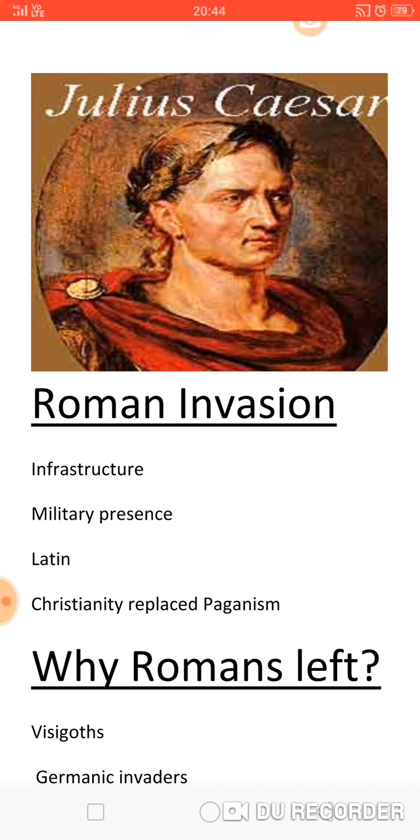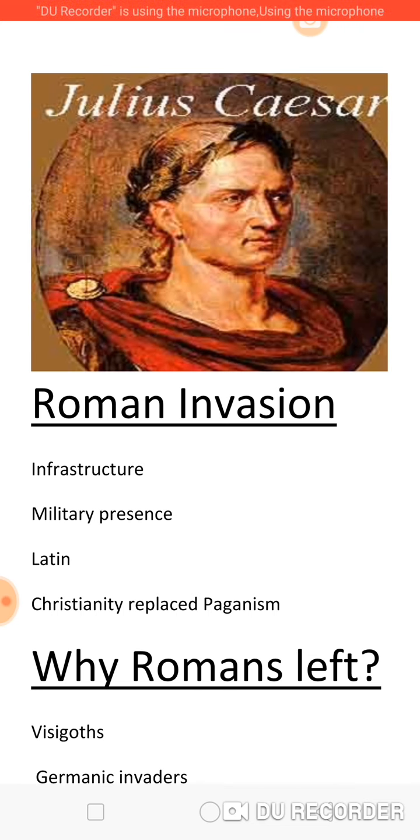Usually what these Romans will do is, when they go and invade any country and conquer them, they will usurp all the riches. That is, they will take away all the riches from that place, and they will also take the young men, women, strong men and beautiful women to work as their slaves and maids. But when they saw the fertility of the soil, even though they had attacked England earlier, this time they decided